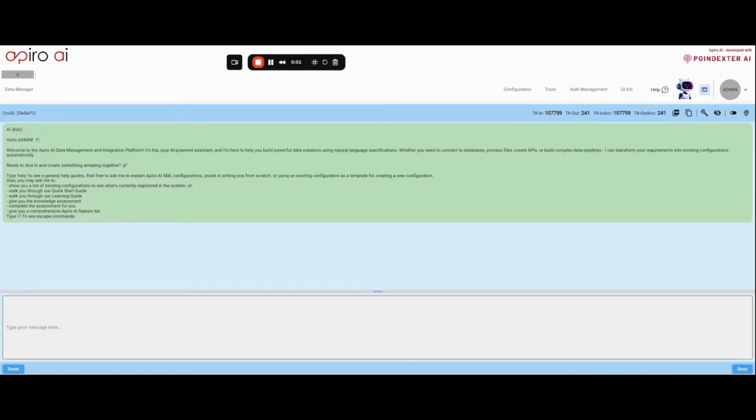Let's take a quick walkthrough of the main parts of the UI, starting with the Kai workbench, also known as the Kai playground. This is where most of your interaction with Kai and Apiro happens. Once you start a session with Kai, you can get up to speed quickly by asking directions and questions like,